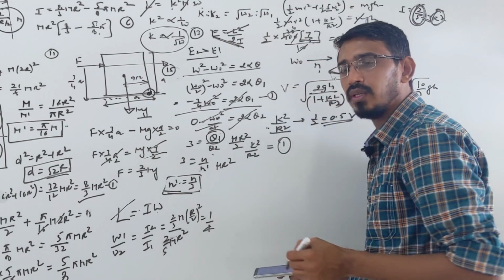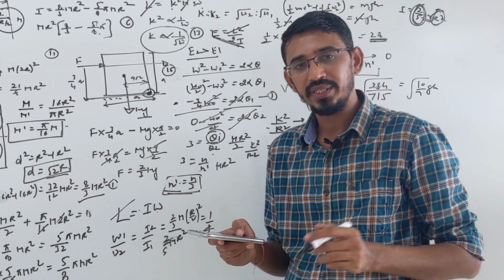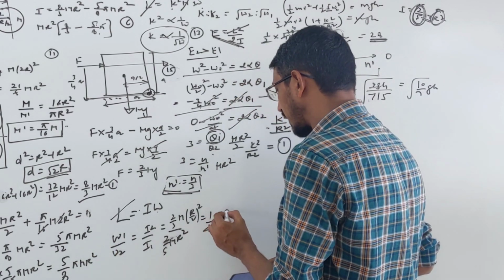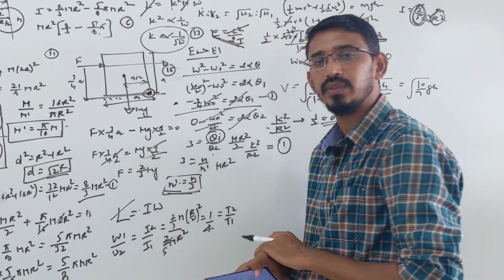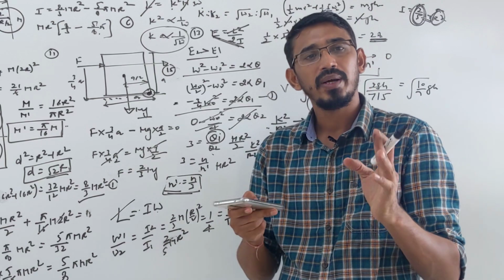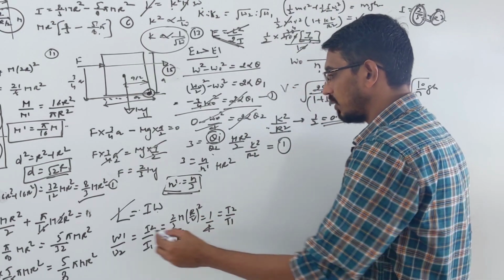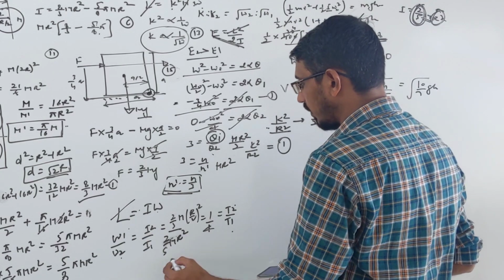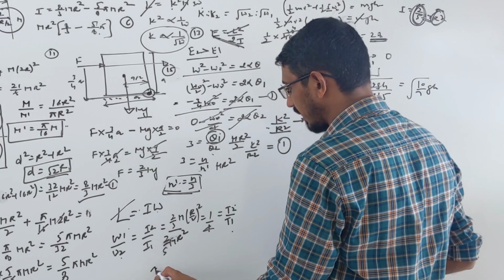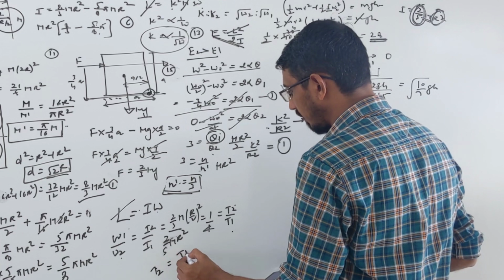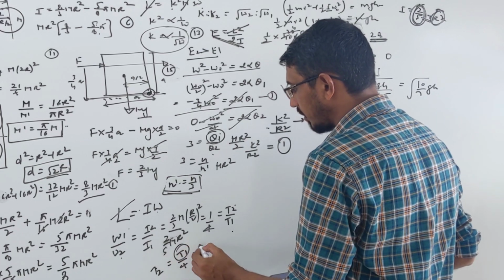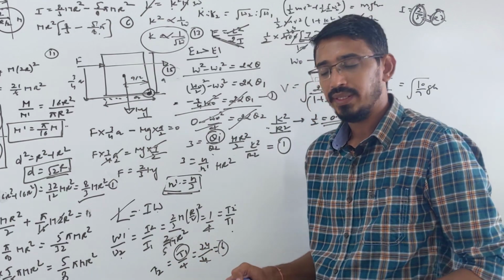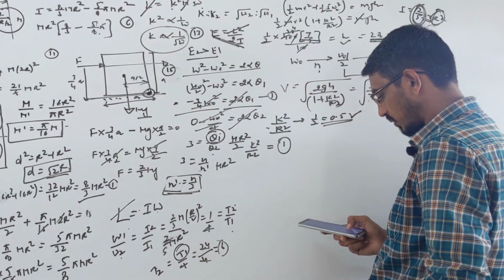Then we have to find the duration of the day. Omega is 2 pi by T, so omega 1 by omega 2 can be written as T2 by T1. We have to find the new duration of the day, so T2 becomes T1 by 4. The present duration is 24 hours, so 24 hours by 4 becomes 6 hours. Yes, I already told this in the classroom also.